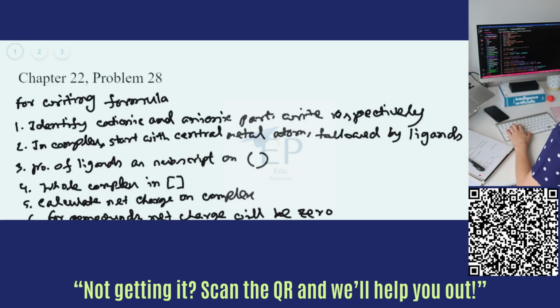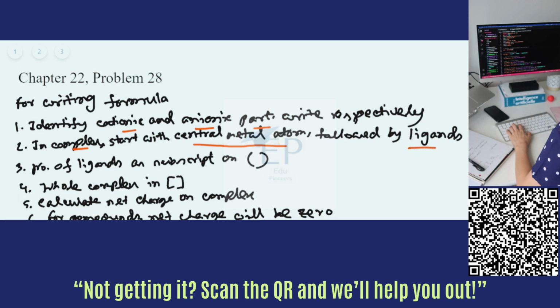So for writing formulas of the complex compounds or coordination compounds, we need to follow the rules mentioned here. At first, we need to identify the cationic and anionic part, and we will have to write the cationic part first and then the anionic part. And then within the complex, we need to start with the central metal atom, and then we have to write the